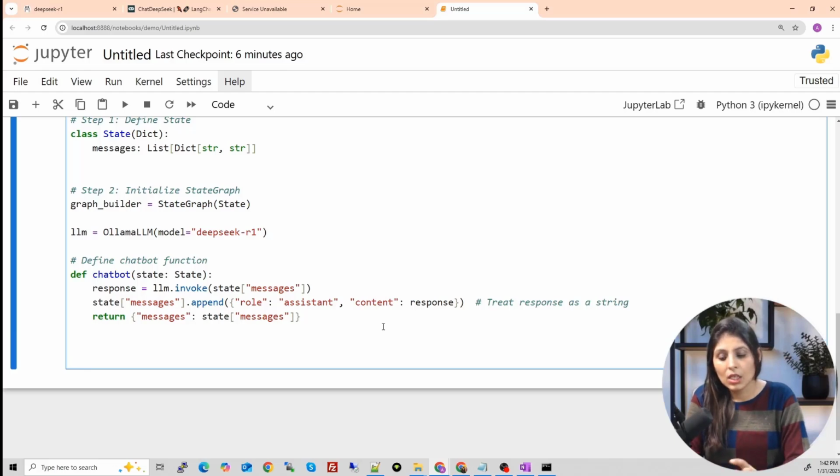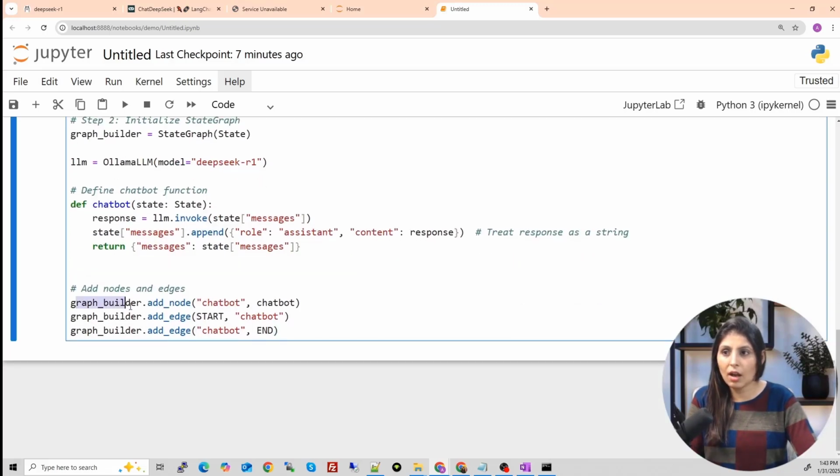So the next step is, see, we are using LangGraph. In LangGraph, for every task we use a node, and then we use edges which tell the connection between those nodes. So for today's task also, we need to use those nodes and edges in order to make a graph. So how will our graph work? First we will have a start node, which will start the work. Then there will be a chatbot node, which will take the user question and give us a reply. And then we have an end node which will end the task. So this is how we can write that graph builder.